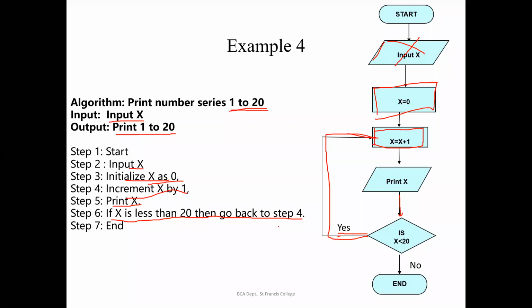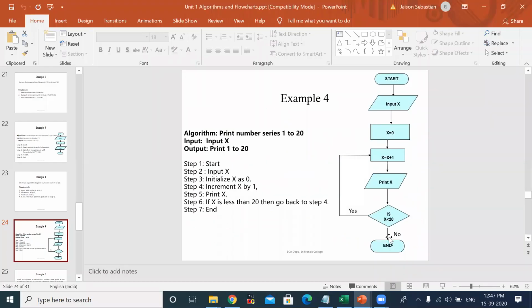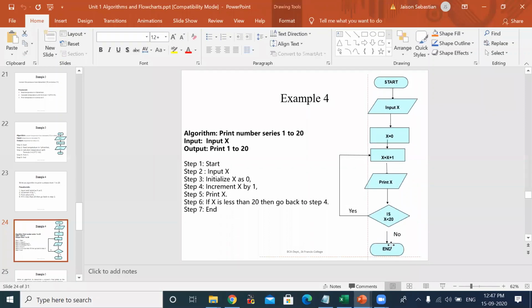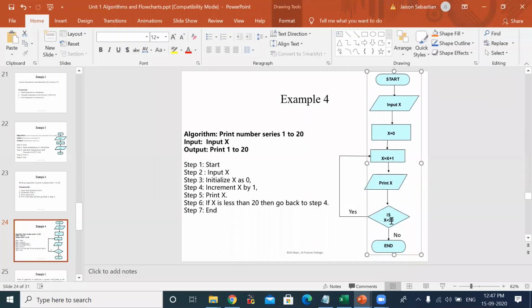One mistake I just now noticed was that it will not be printing 20, right? If it is less, one more printf we have to keep. Okay, so here one more print x we have to give. Sorry for that. If it is less than 20, that means 19 also will go here, and then it will be printing. So it is correct only, no change.